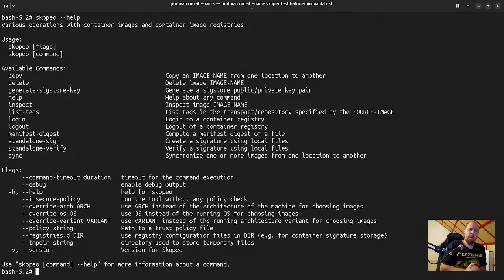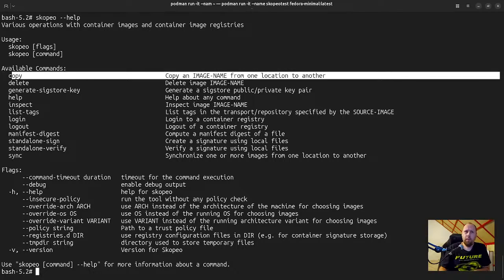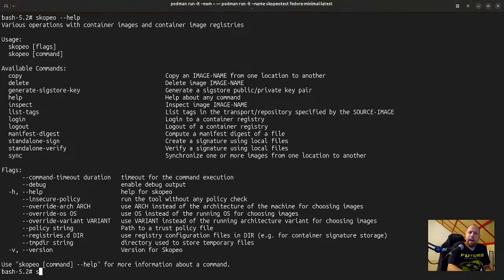But so we have Scopia help here. So most of all, we are interested in the copy command, which is what we'll be essentially using ourselves in our app we're creating. But we are also interested in checking out other things like inspect, just to show you how Scopia works. So inspect is interesting because you can essentially inspect any kind of image,